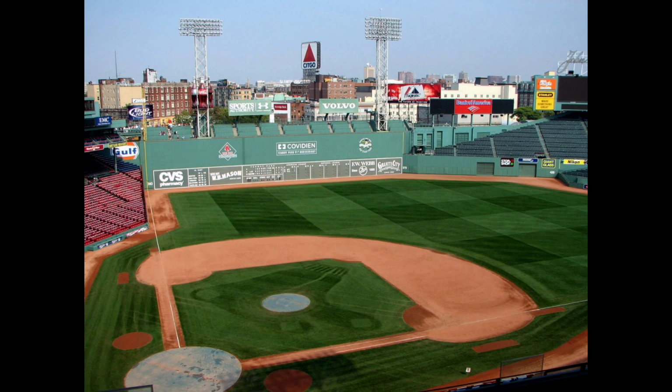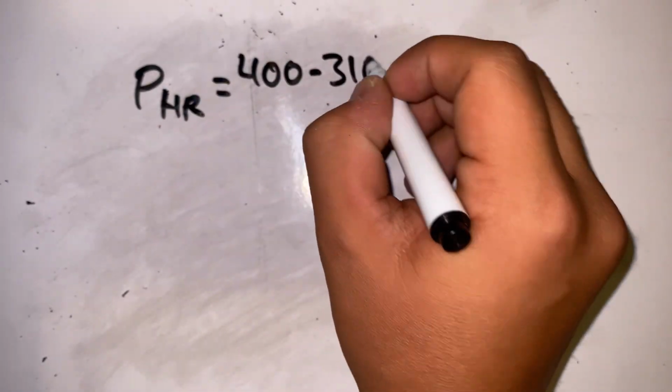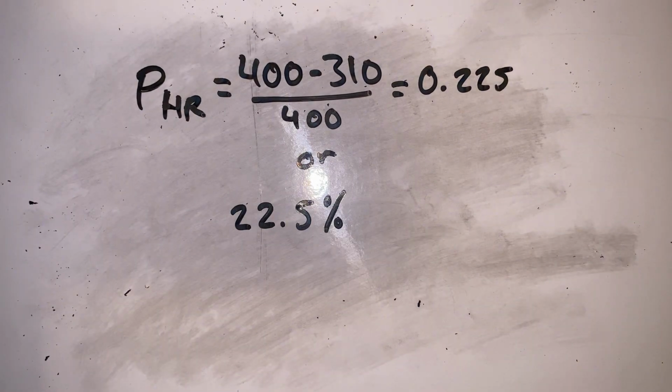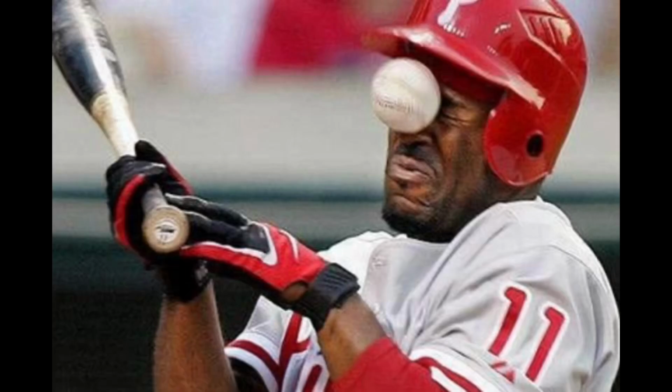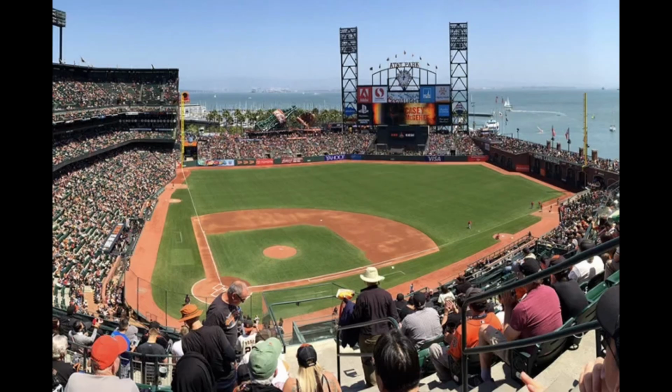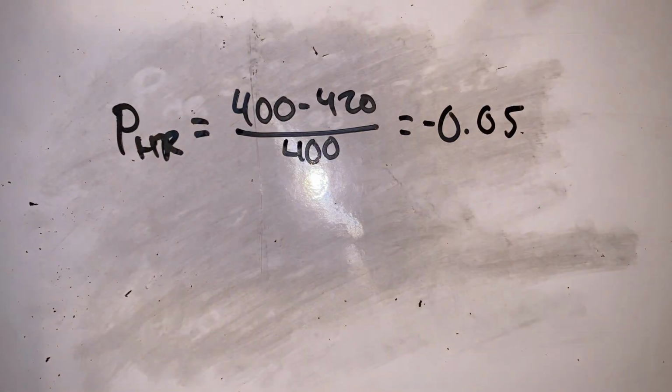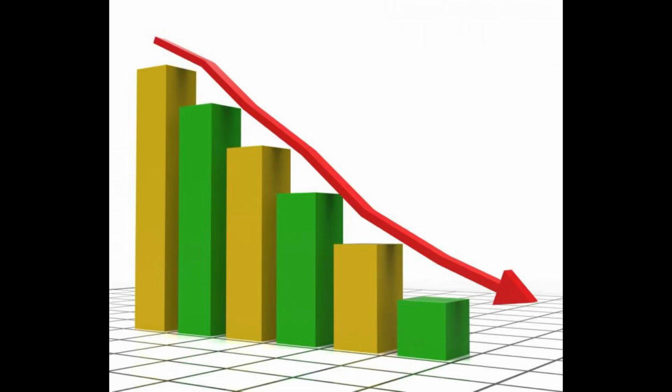The probability is proportional to the difference between the maximum distance and the fence. If the ball can travel 400 feet and the fence is at 310 feet, the batter has a significantly higher chance of hitting a home run at 22.5%. But this estimate can be adjusted based on factors like the batter's skill and launch conditions. AT&T Park has a center field of 420 feet. Here, the fence is farther away, so the probability drops to 0.05%. This negative value indicates a lower probability of hitting a home run, showing how much more difficult it is to